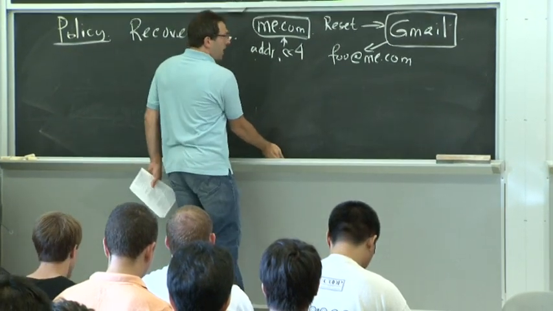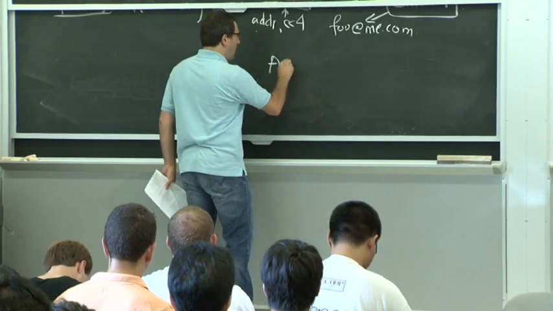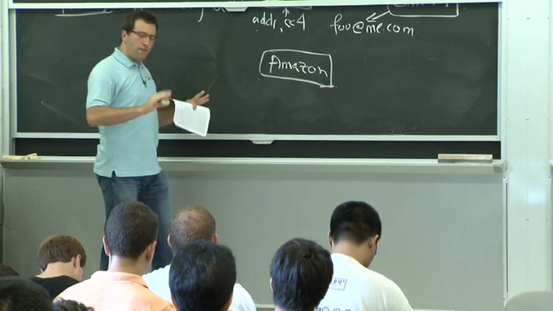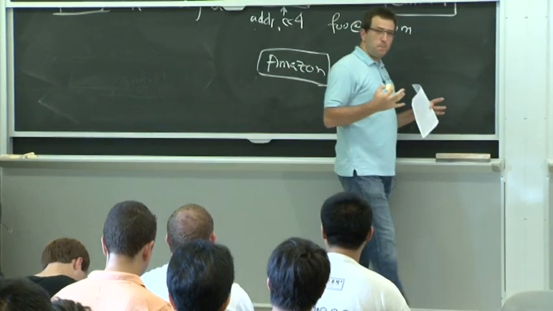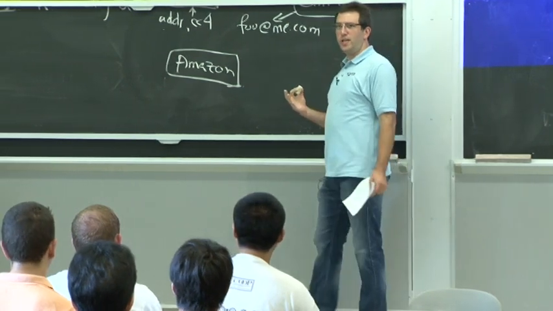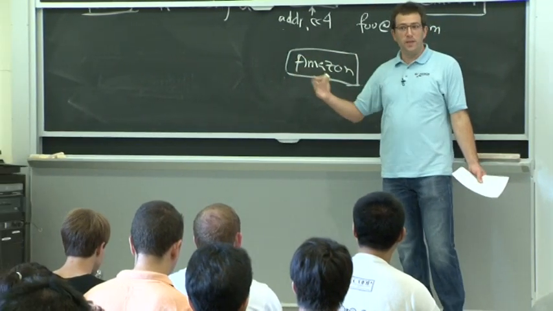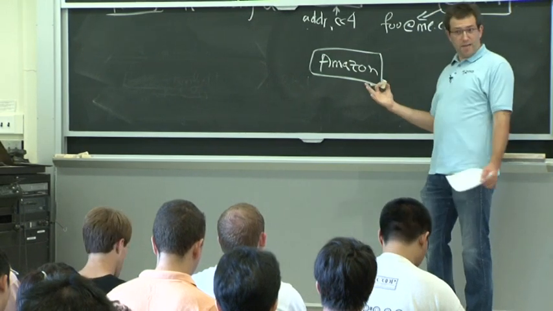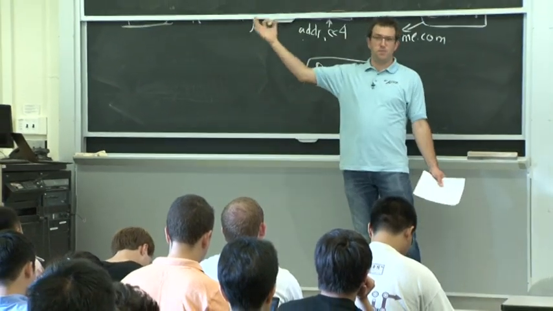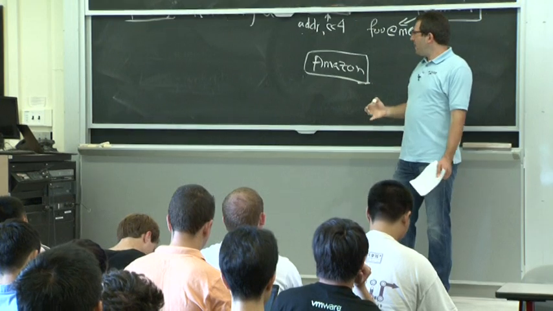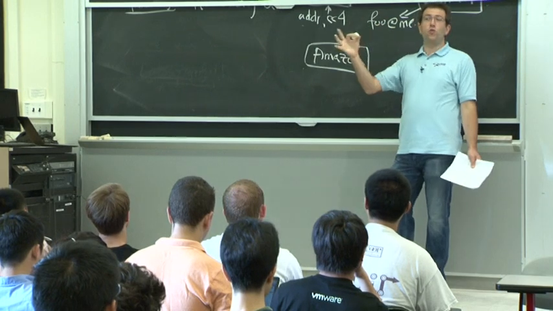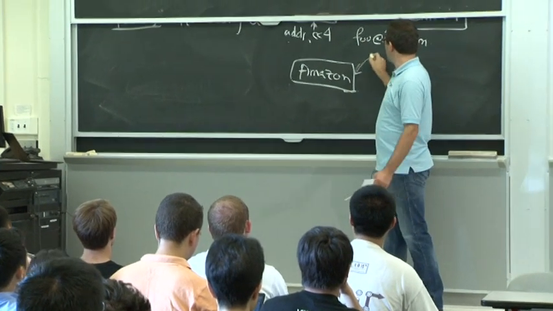Well, it turns out this guy had an account at Amazon, which was another party in this story. Amazon really wants you to buy things, and as a result, they have a fairly elaborate account management system. In particular, because they really want you to buy stuff, they don't require you to sign in in order to purchase some item with a credit card. So at least at the time, I was able to go on Amazon and say, well, I'm this user, and I want to buy this pack of toothbrushes. If I wanted to use the saved credit card number in the guy's account, I shouldn't be able to do this. But if I just provide a new credit card, what Amazon would do is add a new credit card